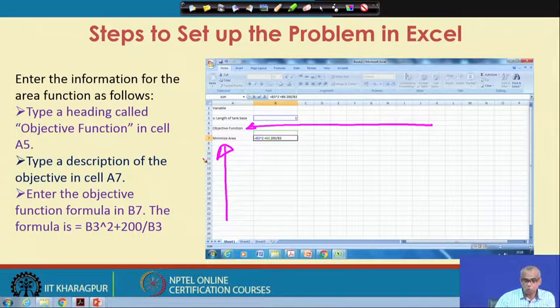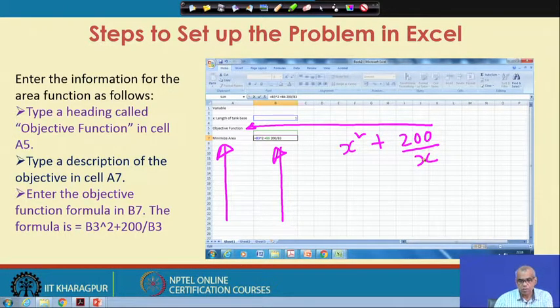Now, enter the formula for the objective function in B7. So, note that the expression is x square plus 200 by x. x is in A3, its value is in B3.